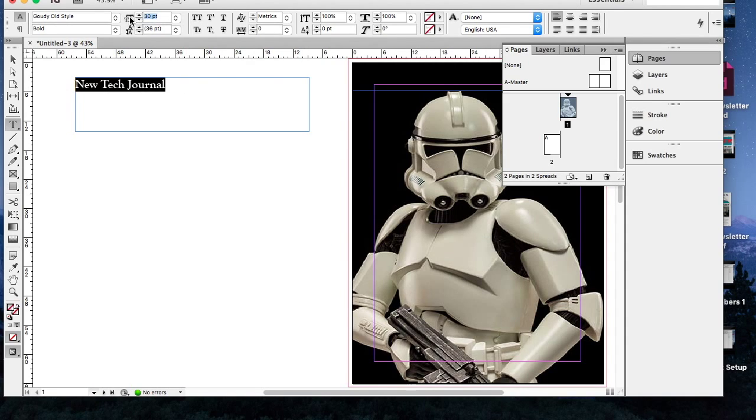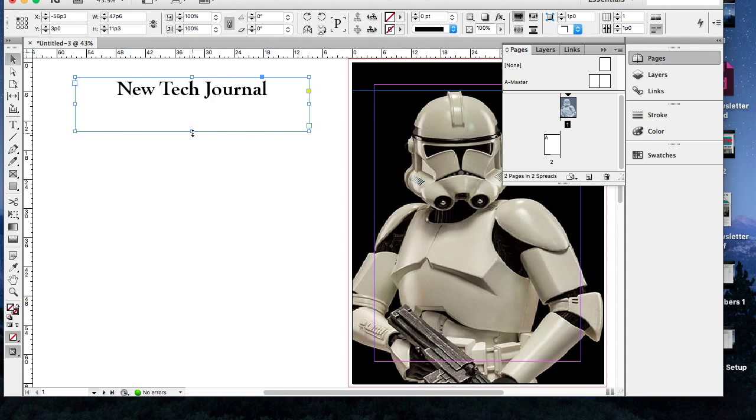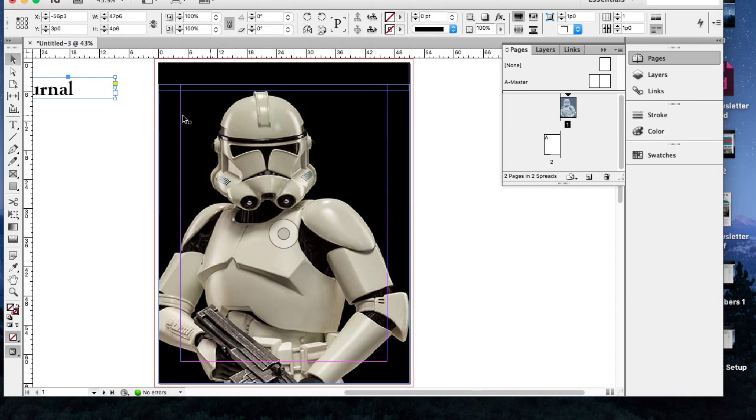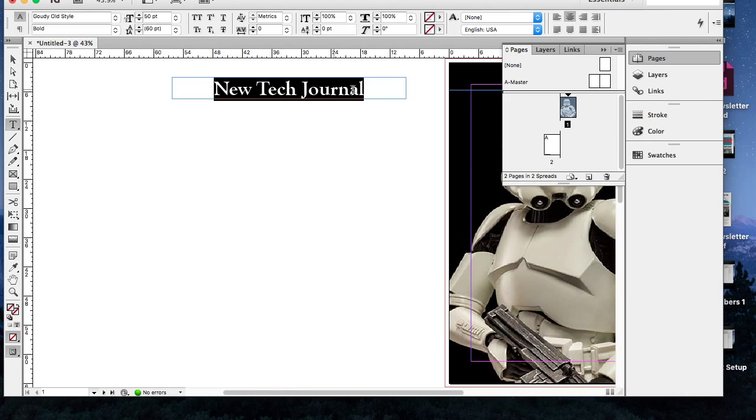Let me go ahead and increase the size to maybe even 50. And then I will center align it so it's smack dab at the middle of that text frame. Bring it up like this. And I'm going to want to change the color of this so it doesn't blend, so it doesn't get lost